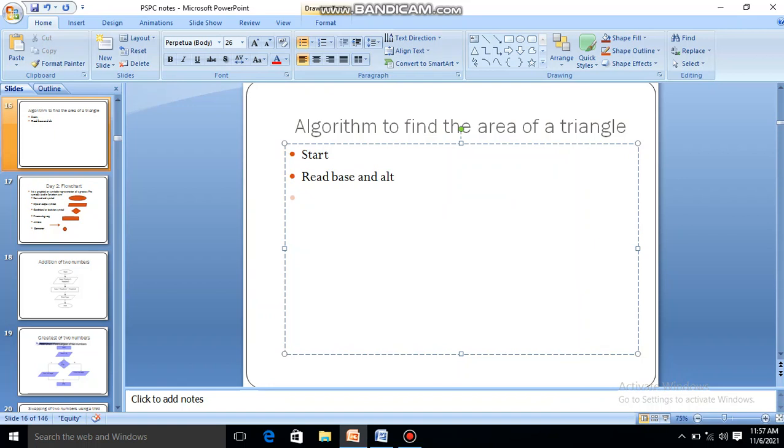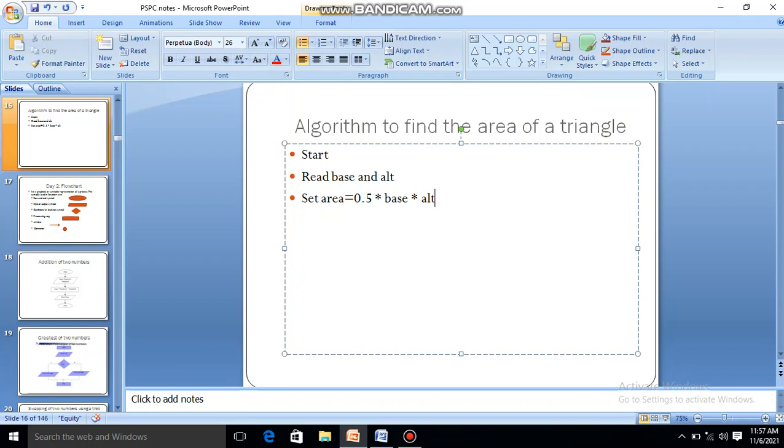Now I'm going to set the formula. So set area equal to half. Either I can write half like this, or I can write 0.5 also. It's up to us what we write. So let us write 0.5, then the multiplication symbol, then base into altitude.